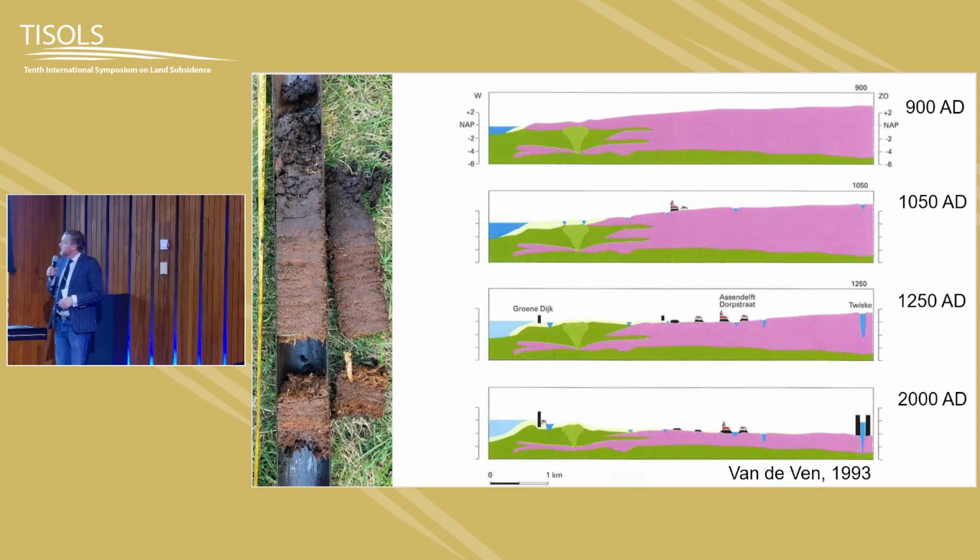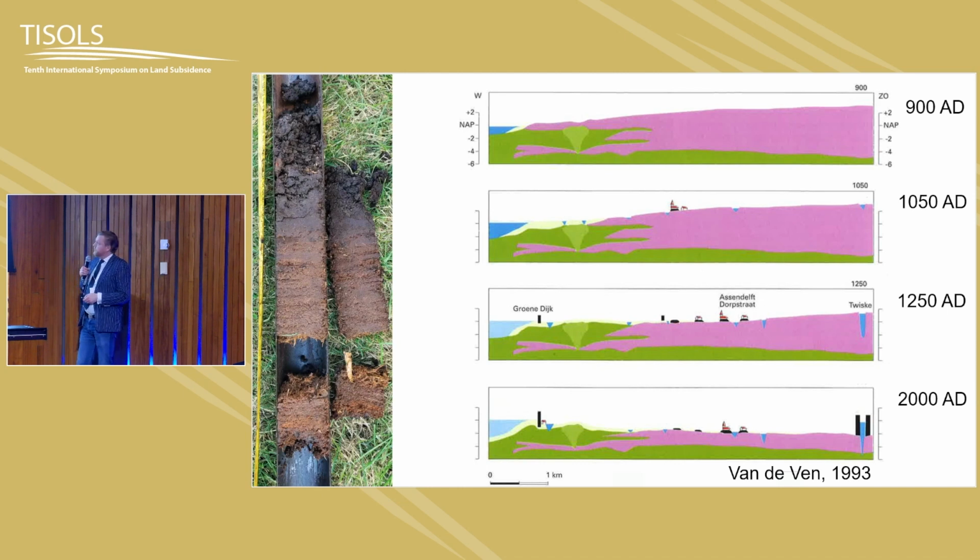And this is what happened over time. You can see here a cross-section with a creek, 900 after Christ, so 1,100 years ago. There is a peat dome here at the right. That's higher, about 2 meters above sea level. And because we drained it, slowly land subsidence started, and now currently the whole topography is reversed. The creek is still at the same level, maybe even increased a little bit. And here the dome is at a much lower level, so we have a reversed landscape.